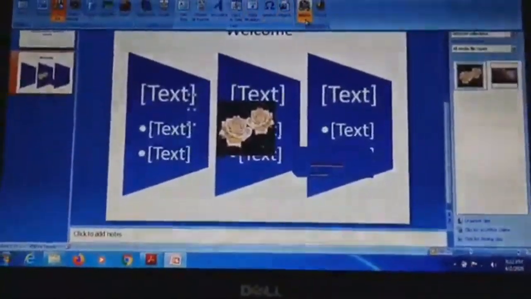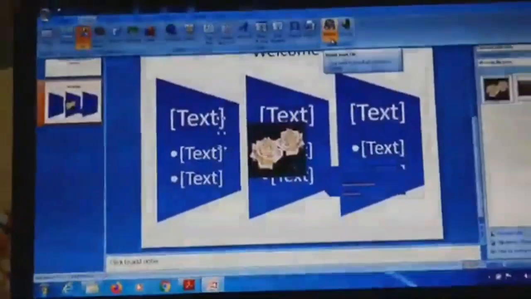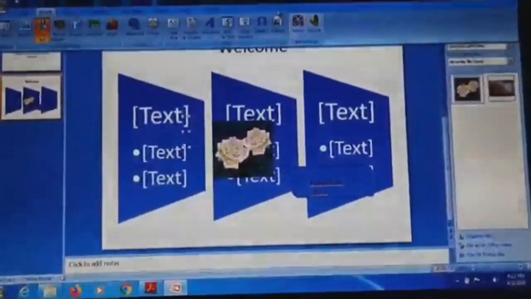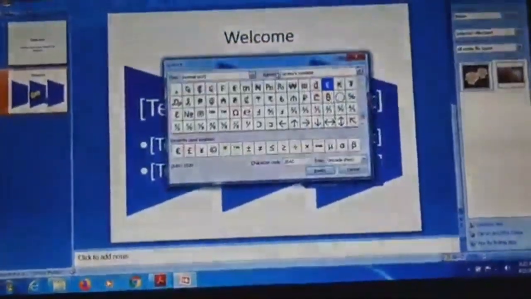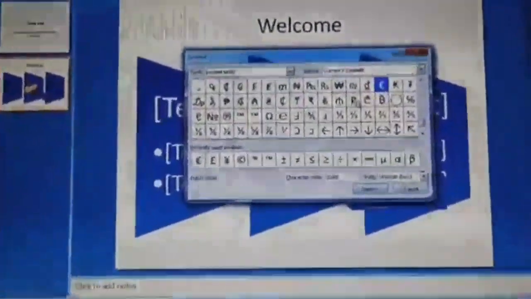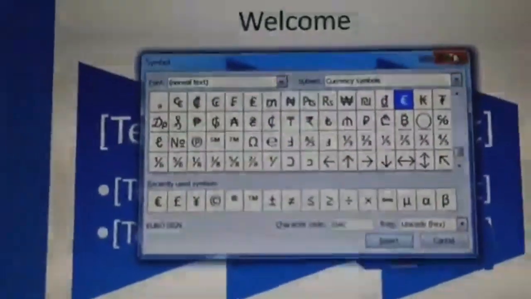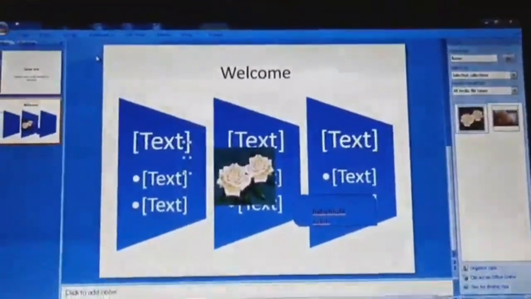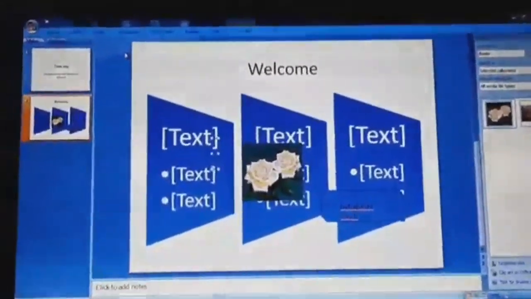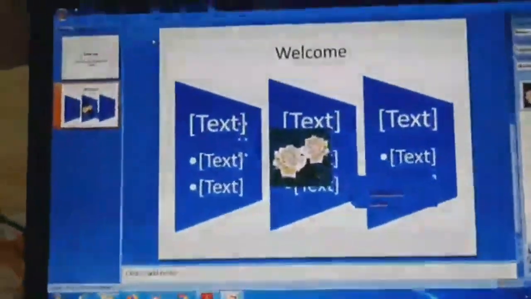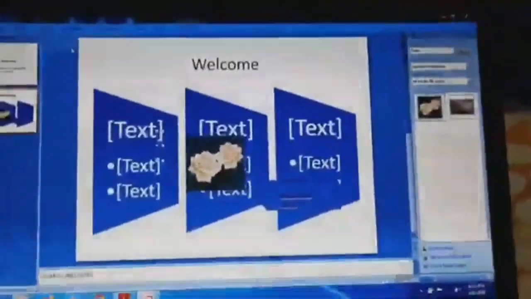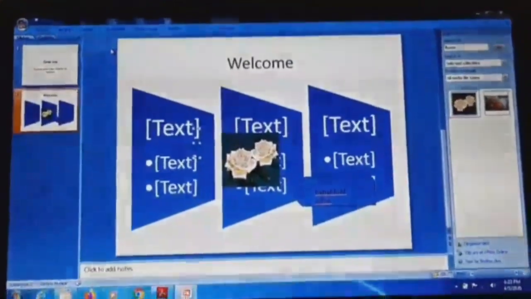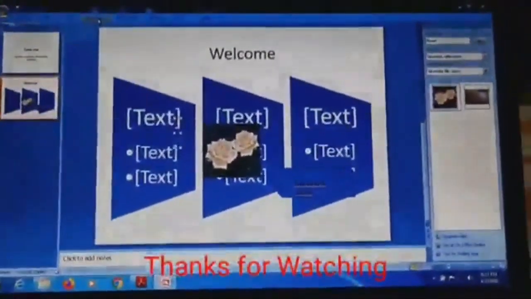then slide number, movie, sound. If you want to enter some sounds over there or any kind of position, then you have to choose from here. Symbols, these are the symbols, mathematical symbols, then we can easily choose from here. Okay, so this is all about the home menu and the insert. Both are the tabs that we are having here, and both tabs are very important to make any kind of slides. Today I'm only defining these two tabs. In the next session, I will explain to you about the design and the animation tab. Thank you.